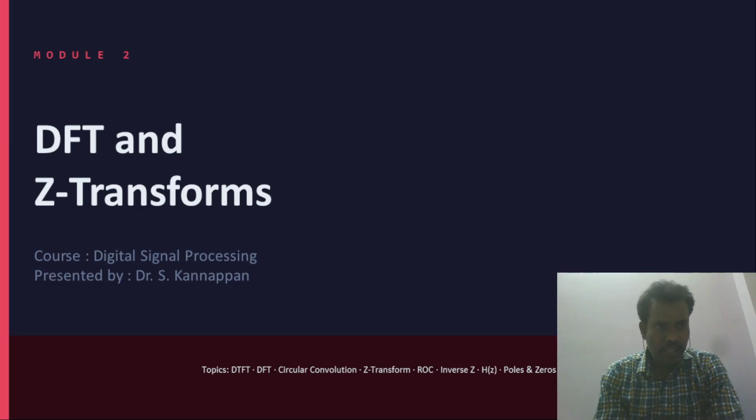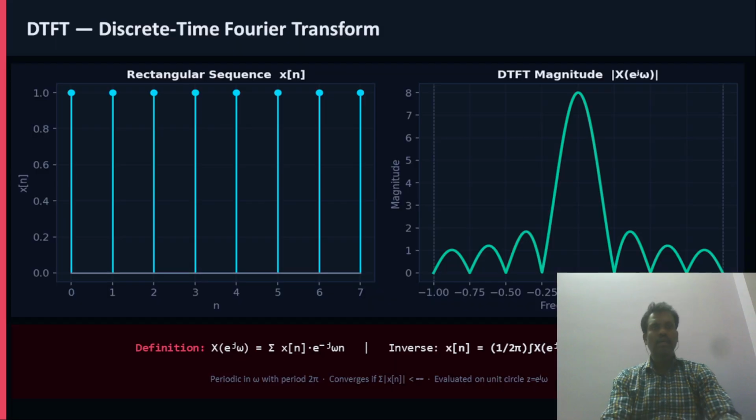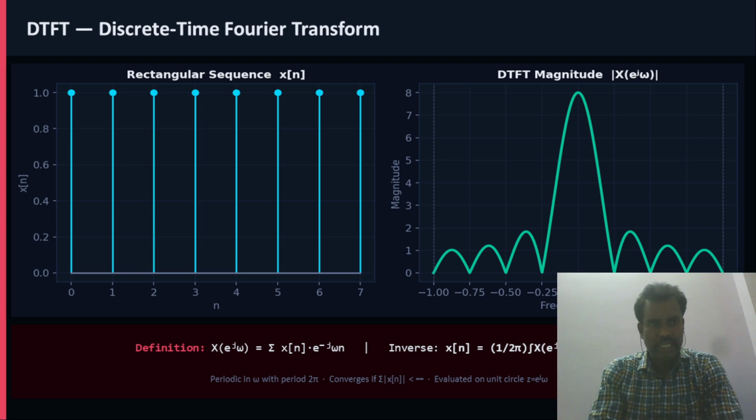Here in this module 2 we are going to discuss the basic transform and important transform for discrete signals and also digital signals, the discrete Fourier transform, and also Z transforms. So let us see the basics behind transforms, Fourier transforms. We know the Fourier transform for a continuous time signal x of t is x of